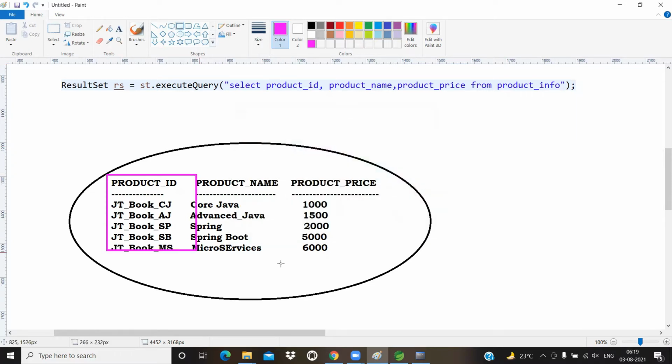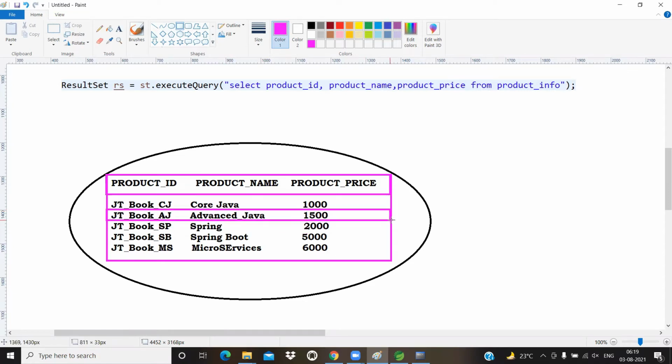Okay, this is the table, this is the non-record area, and these are the record areas. We already knew this point. Now, by default, the result set cursor is always pointing to the non-record area, nothing but the columns. If you want to know about the column type, how many columns there are, column precision, column scale, all these things, we can go for ResultSetMetaData, according to the last video or last session.